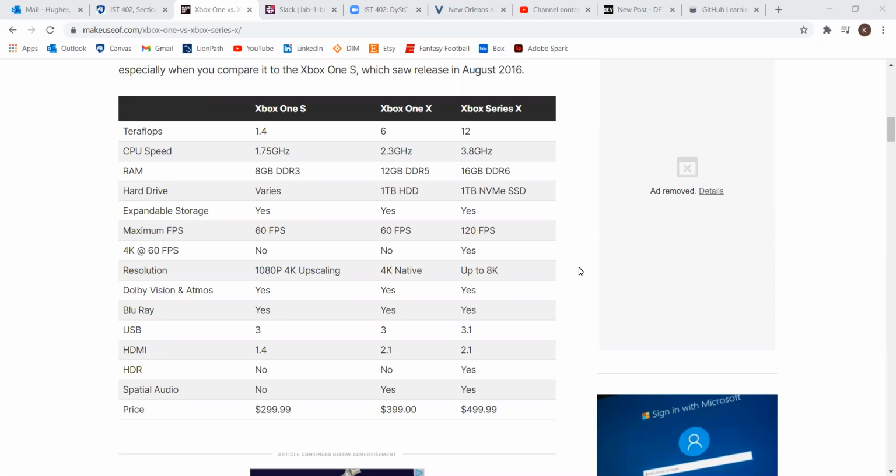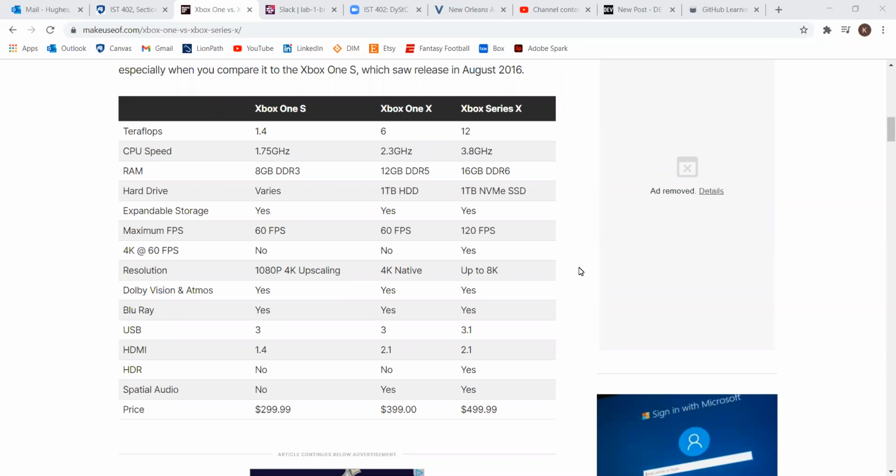So, all console war jokes aside, today I'll be reading through the specifications of the new Xbox Series X compared to the previous generation console, the Xbox One X. I'll give an explanation of what these specs actually mean and how you'll notice them when you're gaming. Basically, I want to take this list and make it understandable for someone who has no idea what most of